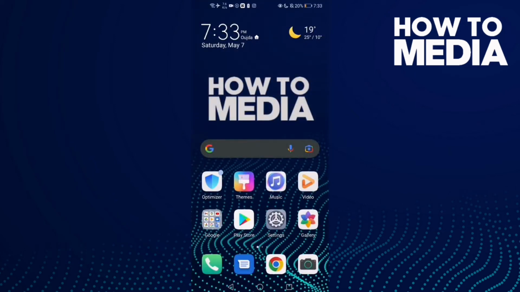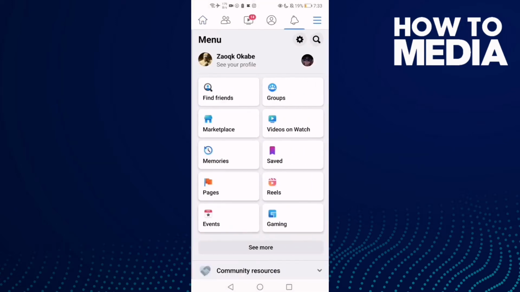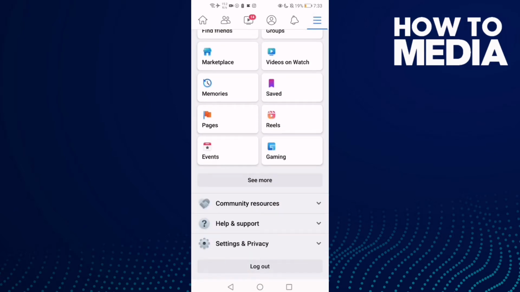How to download your Facebook gaming on Facebook mobile. Hello guys, in today's video I'm gonna show you how to download your Facebook gaming on Facebook mobile. Fast and easy. First thing, go to Facebook and then click these three lines here in the top corner and